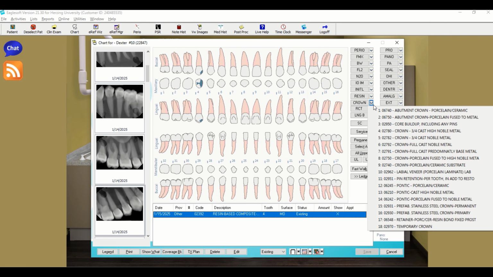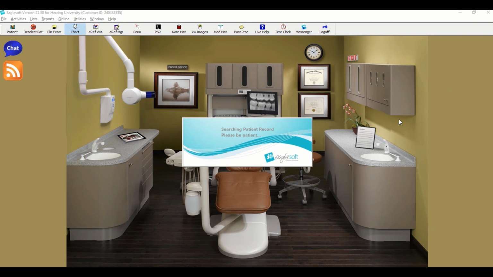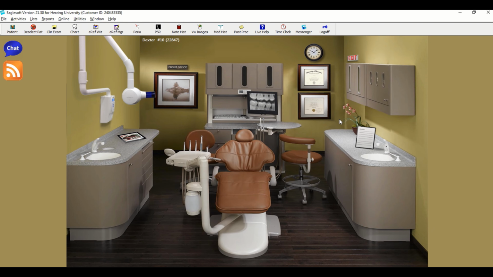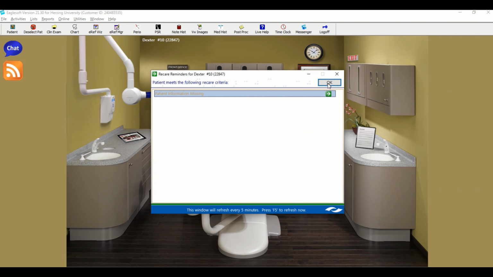Okay, the next one is crown. There are different types of crown and bridges down in here. The most common crowns that we see are going to be full cast, which is your 2792, or your full porcelain, which is your 2740. The others that we use, oh, I apologize. The other one that we use